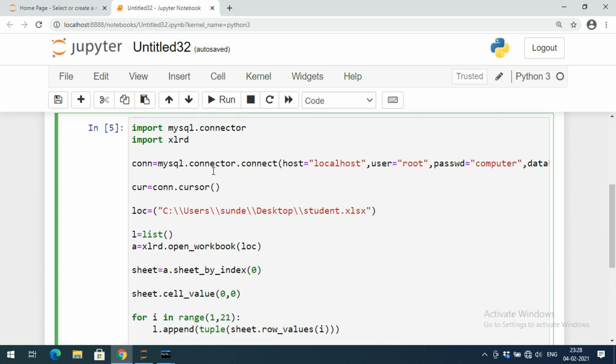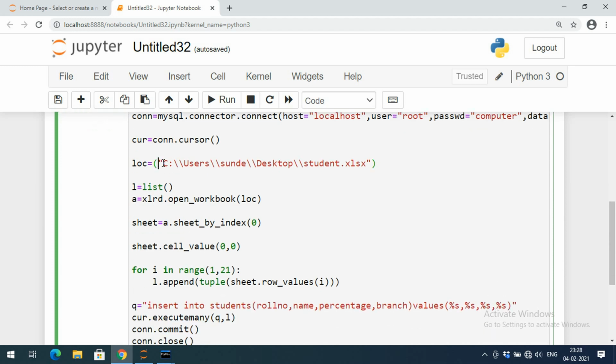For this one we have to import the xlrd module, and first of all we need to take the location, and you have to give the double slash for this location, and then open the workbook, open workbook function, and you have to pass the location as a parameter, and sheet by index, the index values from 0, and the cell value starts with 0 0, so that now you can give the index values, which records to be inserted into the students.